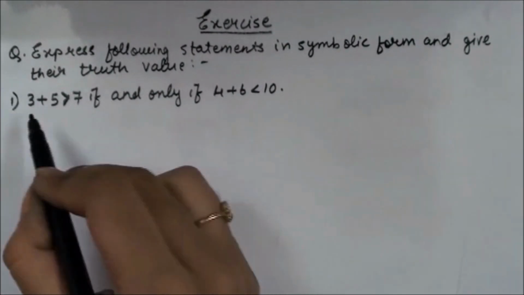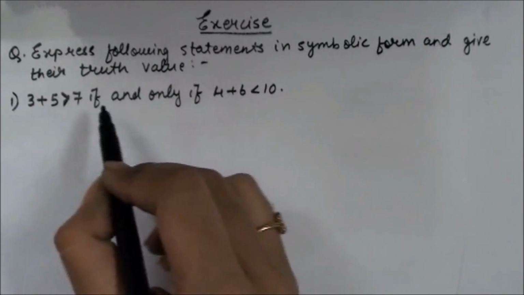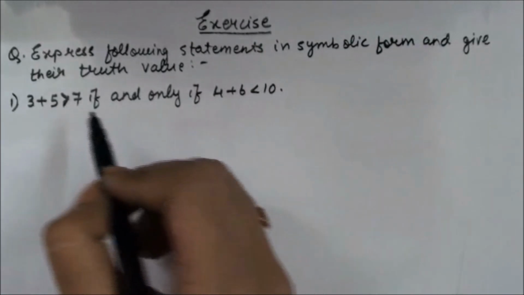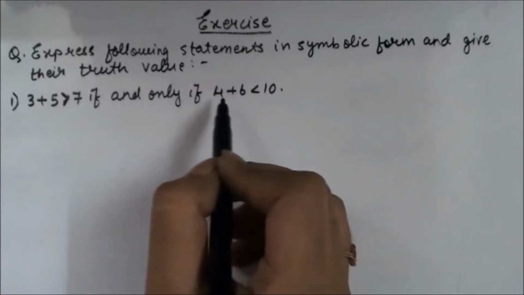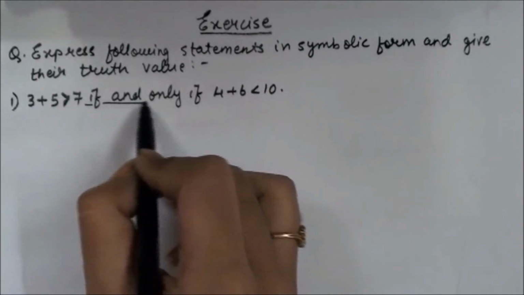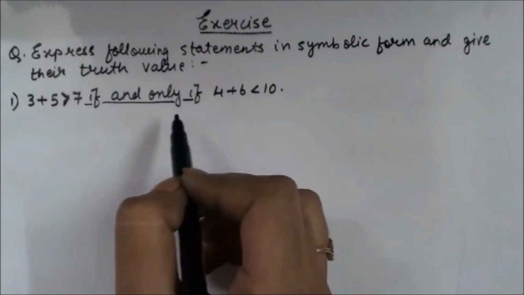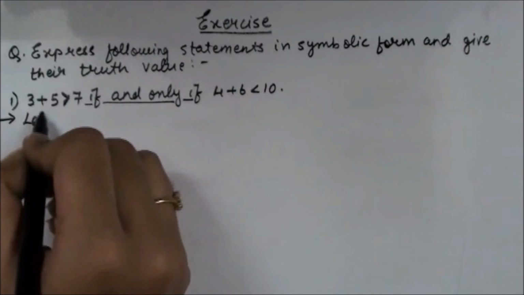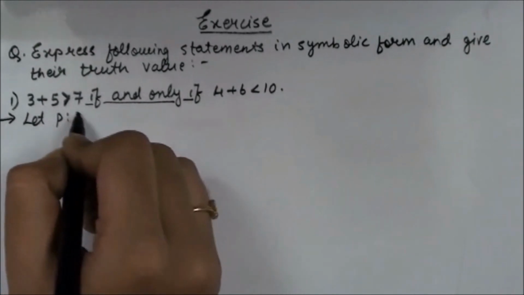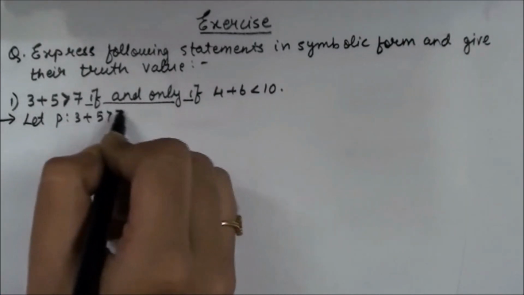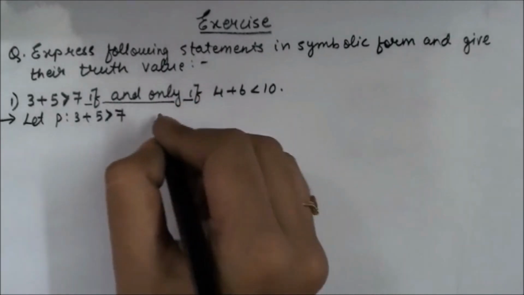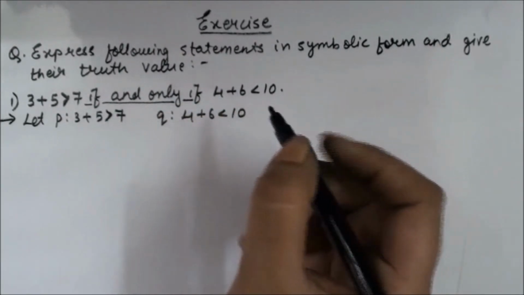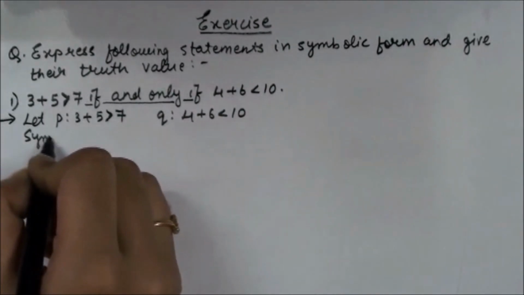First question is, 3 plus 5 is greater than 7 if and only if 4 plus 6 is less than 10. So this is a simple question because we can see that both statements are combined using this phrase if and only if. So this is a double implication. First let us write both the statements separately. Let P denote 3 plus 5 is greater than 7 and let Q denote 4 plus 6 is less than 10. So the symbolic form will be